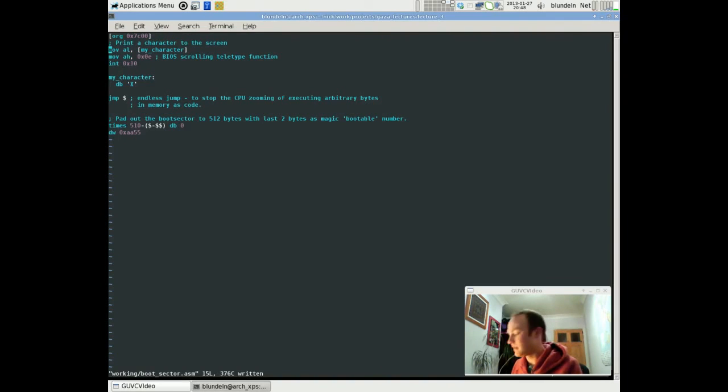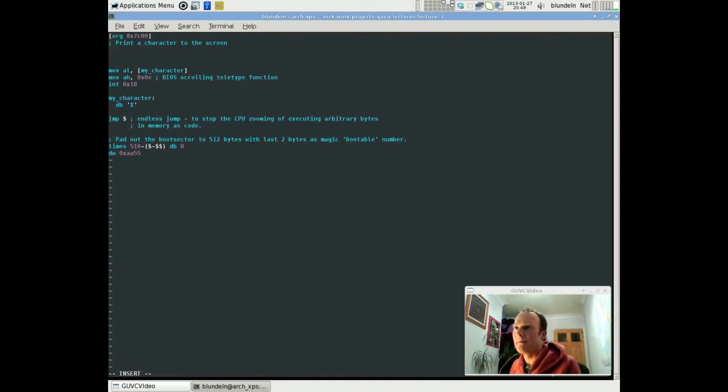I'm telling it to do that. Now I know that BIOS has set up the interrupt table at the start of memory, and if I move a value to, let's say, 10, so I'm going to say move to [0x10]. So what I'm saying, using these square brackets again, is the address in memory